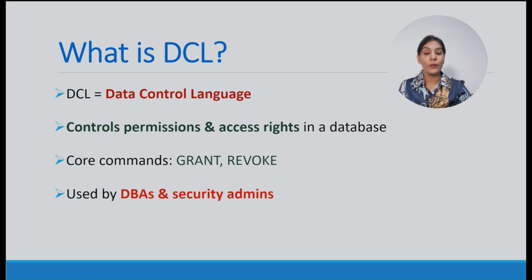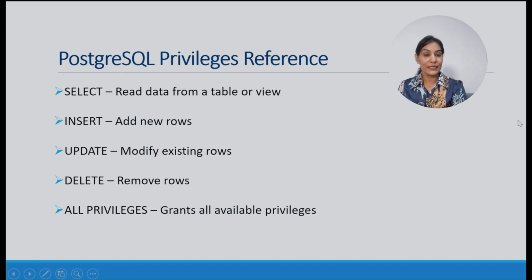Grant and revoke commands are the most important ones when we want someone to be able to make changes to our database or access it, and if we feel someone is unauthorized, we are not going to give access. Instead of that, we will revoke that person's ability to use our database. So who can do this? Not anyone can do this. Only the DBA, database administrator, the person who is responsible for maintaining the integrity and consistency of our database, has the privilege as a security admin for this part. Not anyone else can do it.